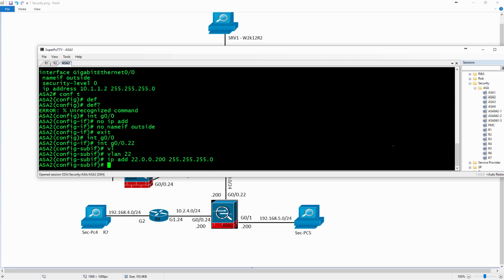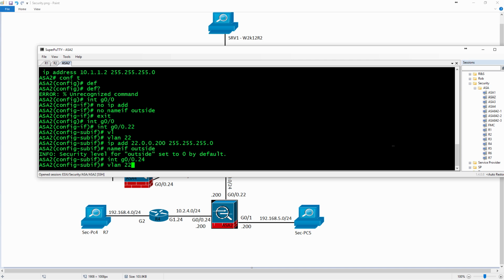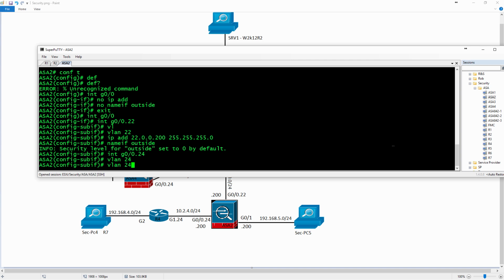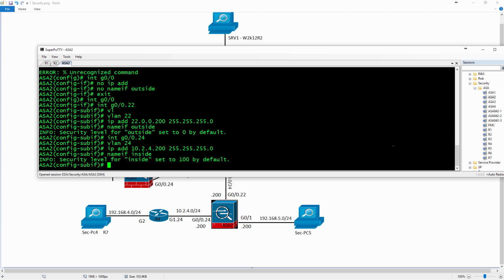Now that I've done that, I need to give it a name if of outside, which is fine, that does the job. I'm going to go over to gig 0/2, same concept, and then I just have to type in the IP address that applies to that. So I'll just come in here and type in 10.2.4.200, name if is inside,